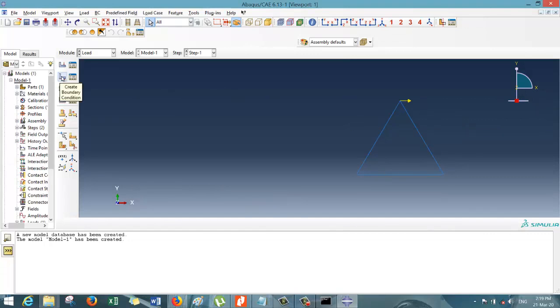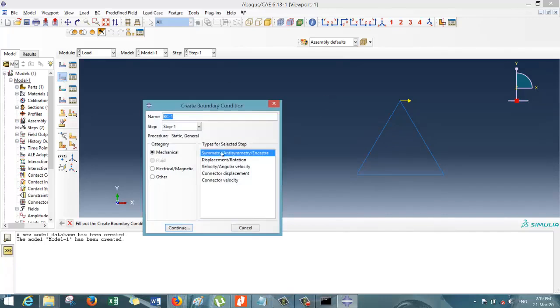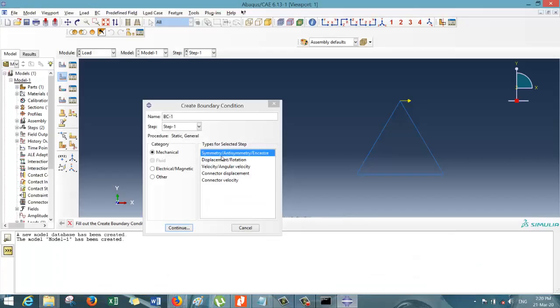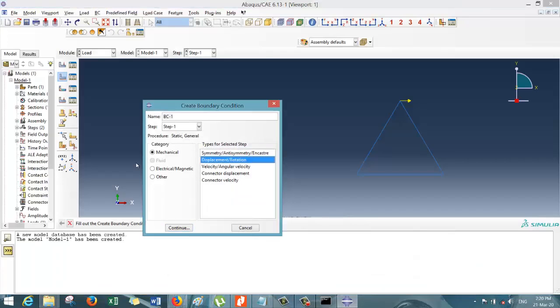Now we have to create the boundary condition. So click on boundary condition. Here it is pin jointed. So the x and y motions are arrested. It's free to rotate about this particular point. Similarly here also. So we can say that the displacement is arrested. Click on OK.